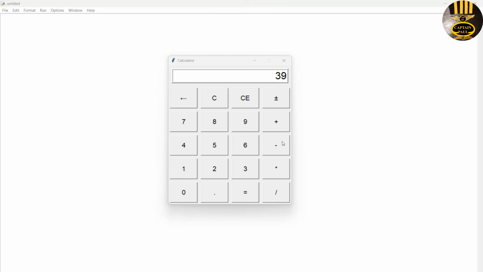Let me show you guys how this works. See, I can always clear it. Let's assume we say 8 plus 9. And if you change your mind, you want to get rid of the 9, all you need to do